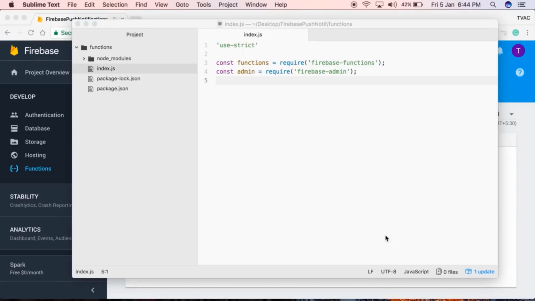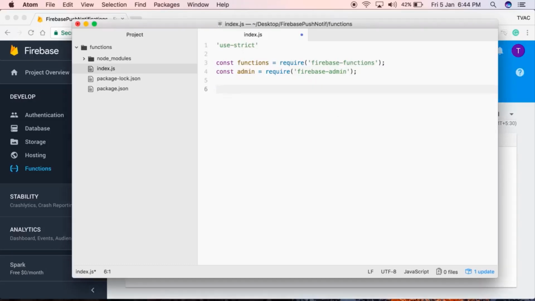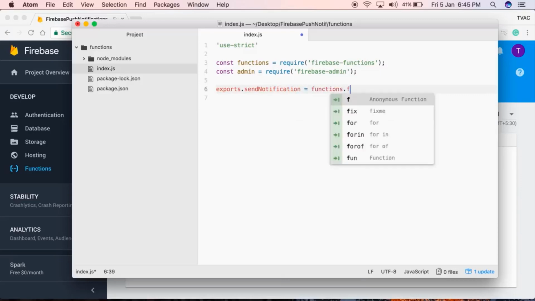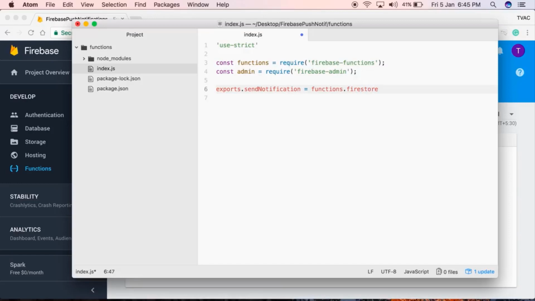But if you actually want to go with the basics, you may need to learn Node.js first. Alright, so then let's start creating our functions. The function name will be sendNotification. So I'm going to type in exports.sendNotification, and this is going to be equal to